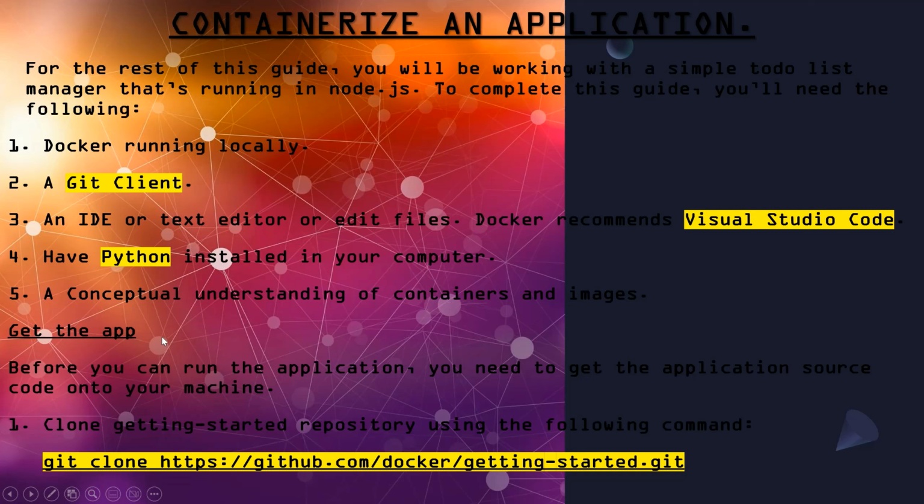Get the app. Before you can run the application, you need to get the application source code onto your machine. 1. Clone the getting-started repository using the following command: git clone https://github.com/docker/getting-started.git